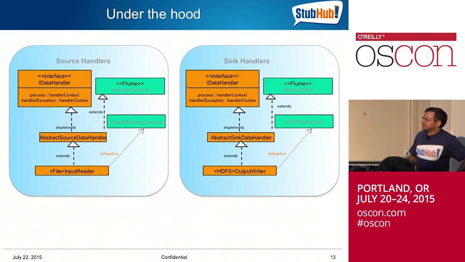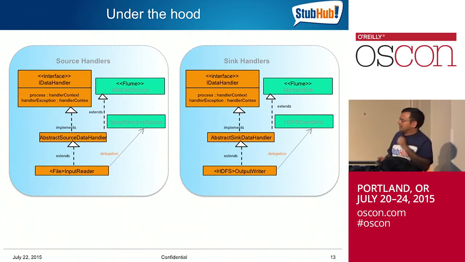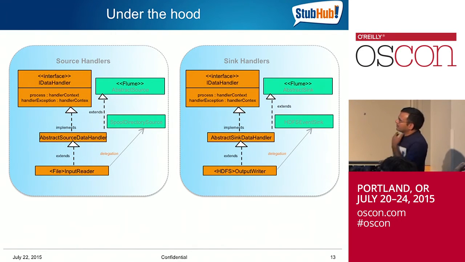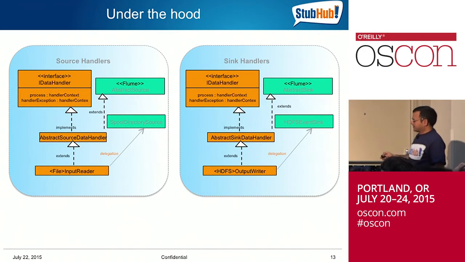So let's go a bit more technical under the hood. If you peel back, how do we actually leverage that, right? Again, apologies for the color coding here. It may not be quite clear, but I'll try to see what I can do. Many of you who have used Flume may be familiar with this. The green color here is the existing code from Flume that you may have. We have interfaces for what are called sources and sinks in Flume, for those of you that are familiar with it. And then there are abstract classes that come out of Flume that give you different types of sources.